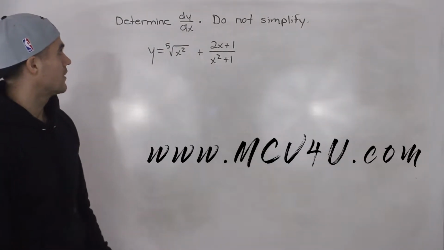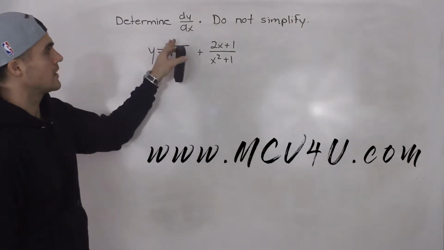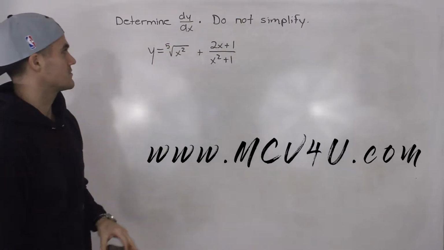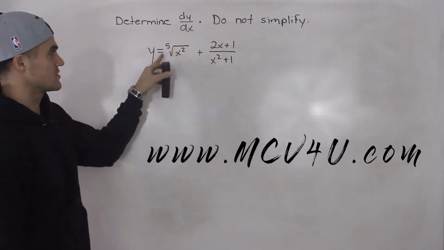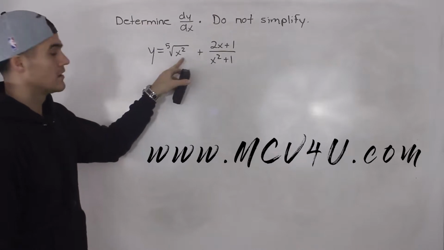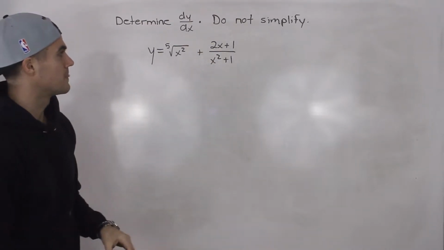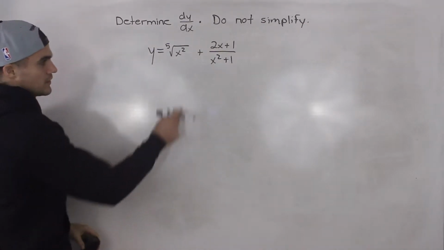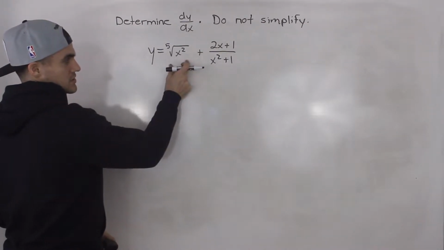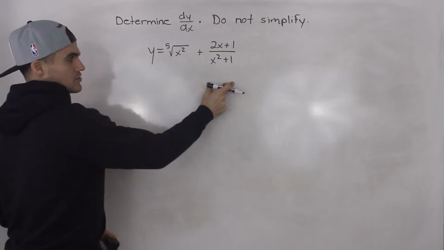Moving on to another question. We have to determine dy by dx, and we're not going to simplify it. So we got y equals the fifth root of x squared plus 2x plus 1 over x squared plus 1. So notice that in this function we are adding two expressions, so we can take the derivative of each of these